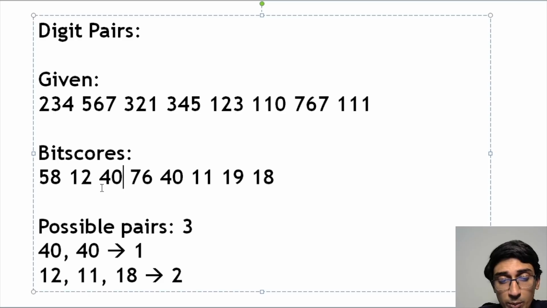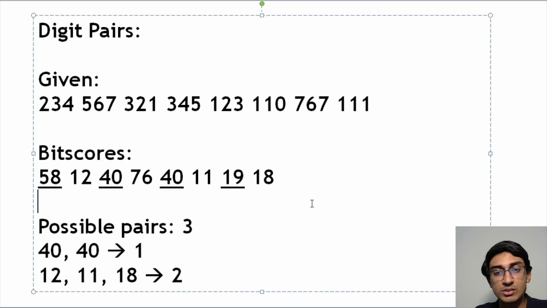The way to figure out pairs is to take all of the numbers at the even indexes, and take all of the numbers at the odd indexes. For example, the even indexes numbers are 58, 40, or actually that's the odd indexes, if you start numbering from 1, which is what the question says. This is index 1, this is index 2, this is index 3, index 4, index 5, and so on. So if I take the odd indexes, 58, 40, 40, 19, those are the odd indexes. Let me just take those odd indexes right now.